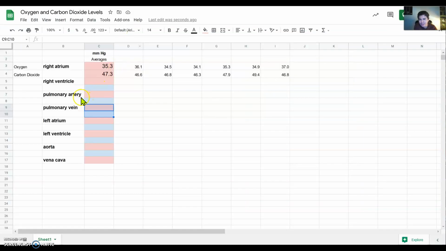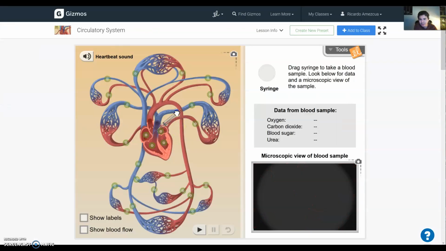At some point, it will ask you for the pulmonary artery. You'll notice that the pulmonary artery can be here or here. Then the pulmonary veins are here. So the heart pumps blood from the right side to the lungs. The lungs fill up the blood with oxygen through diffusion. Now oxygenated blood comes back to the left side of the heart, and then it goes out